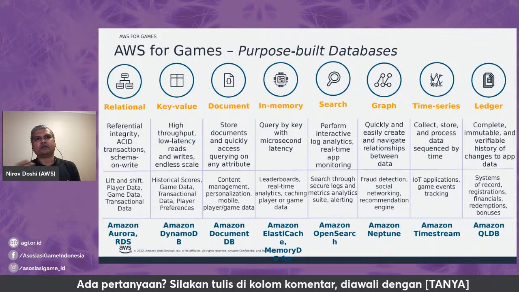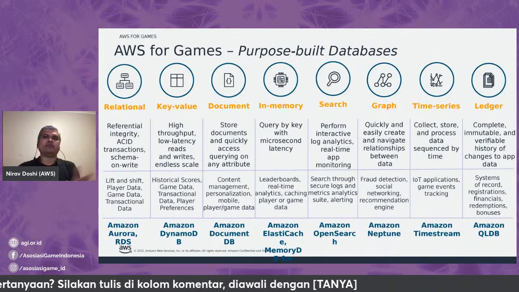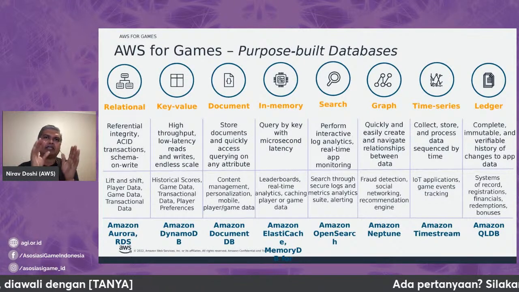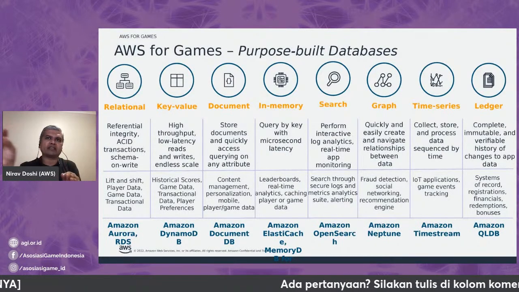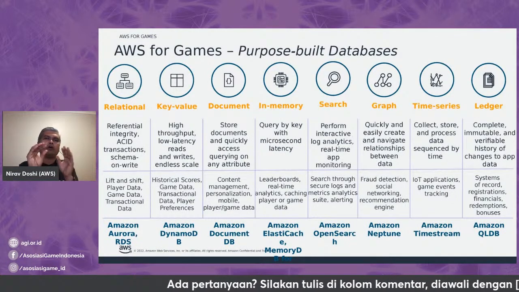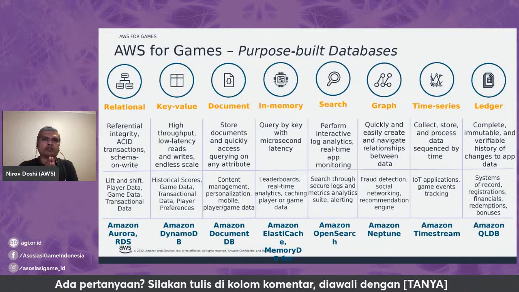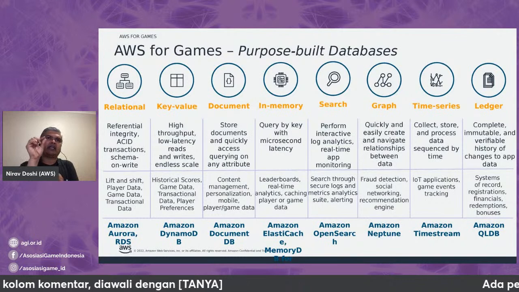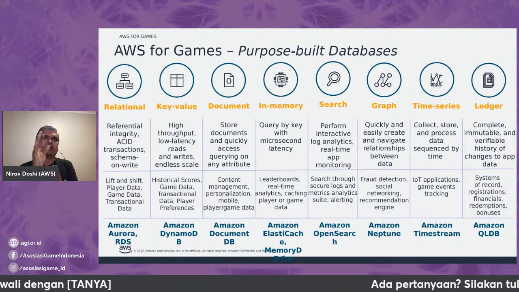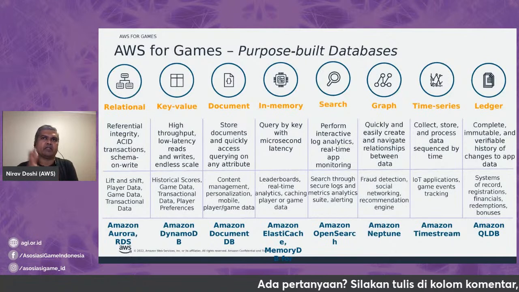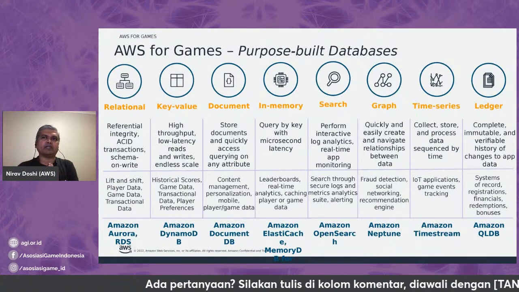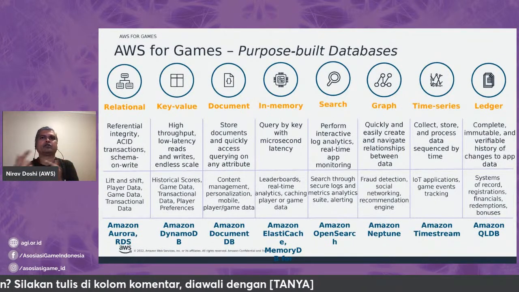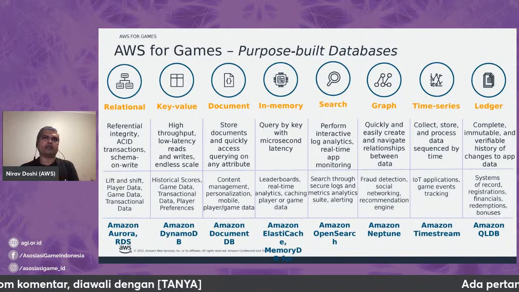When I talked about purpose-built databases as an example, this is a very busy slide, so let's not go through everything. But there is a use case. I have this use case in the second row down there. For all these use cases, you can use one of those services that we offer. The names of the services are at the bottom, and the type of service, like is this a relational database? It's a key value database. Is it in-memory? It's a search. Is it a graph database? Time series, ledger, quantum ledger. All of this is available on AWS. You can pick and choose. You can use different types of databases depending on what you need.